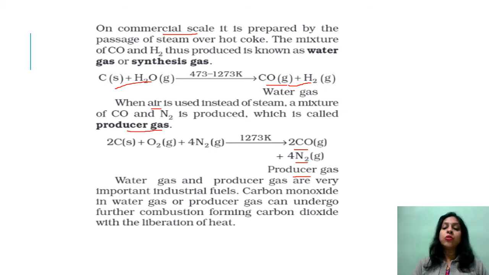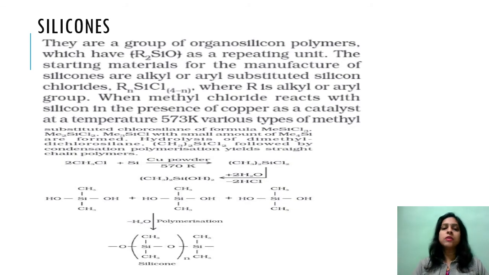ठीक है, this monoxide ko if we treat it for the further combustion, then we can convert them into the carbon dioxide. But carbon dioxide के बारे में हम बहुत डिटेल में बात नहीं कर रहे हैं, because you have already studied lots of properties regarding carbon monoxide. So I'm moving up to the silicons here. Now silicons are basically the